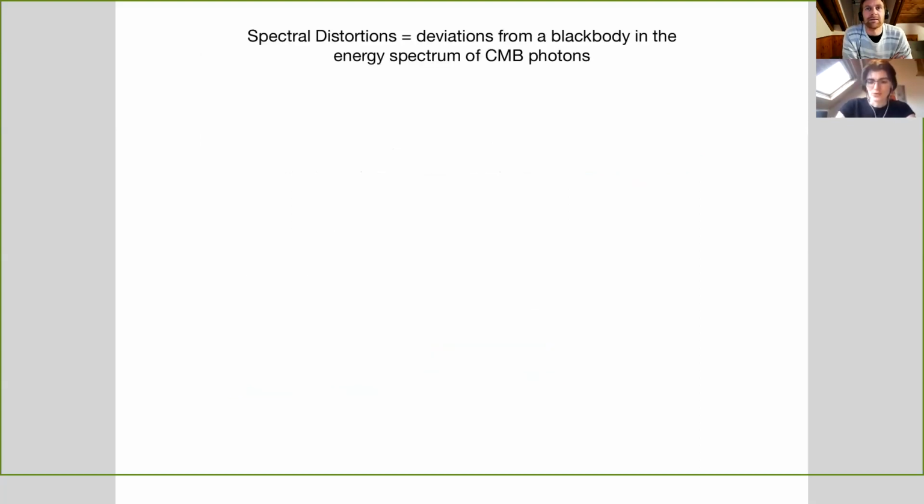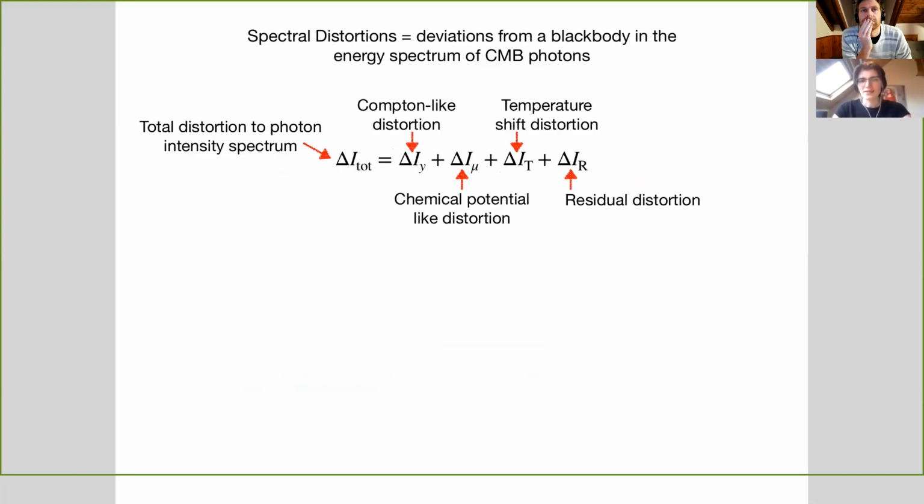Okay. So the idea here is we have these CMB spectral distortions, which are deviations from the black body of the CMB. There's a lot of technicalities involved here, so I'm just going to present the main idea. Depending on when the spectral distortions come about in the history of the universe, we're going to have different types of distortions. So in the very, very early universe, thermalization of the CMB photons is very efficient. So the only type of distortion you're going to be able to produce is in the form of a temperature shift, which is what we call here the T distortions or the G distortions.